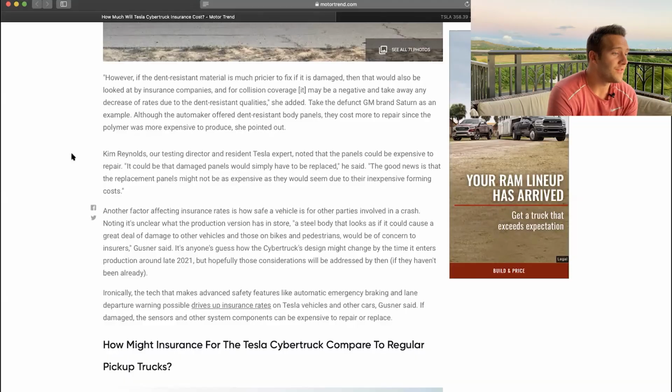Now, on the negative side, these are some of the things that they also say in the article. However, if the dent resistant material is much pricier to fix if it is damaged, then it would also be looked at by insurance companies. For collision coverage, it may be a negative and take away any decrease of rates due to the dent resistant qualities. Take the defunct GM brand Saturn as an example. Although the automaker offered dent-resistant body panels, they cost more to repair since the polymer was more expensive to produce,